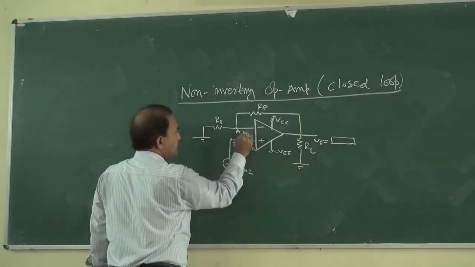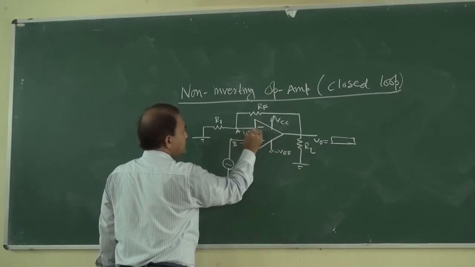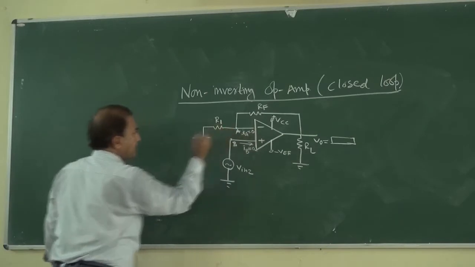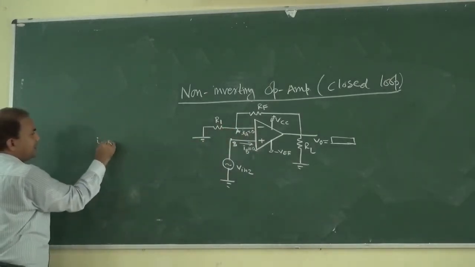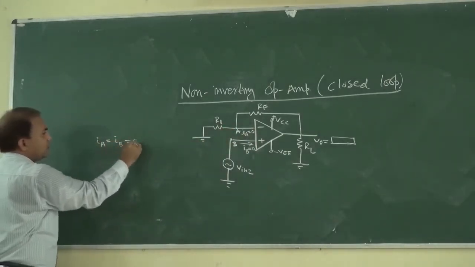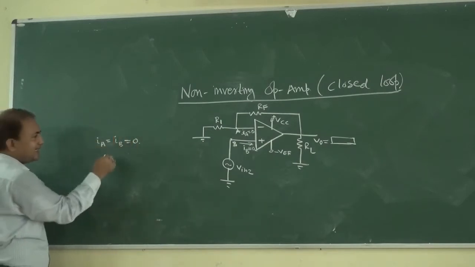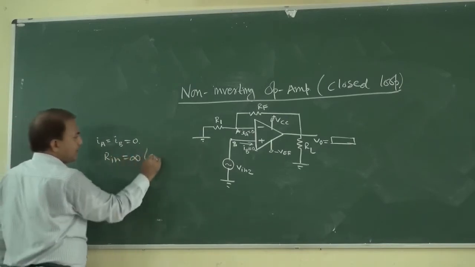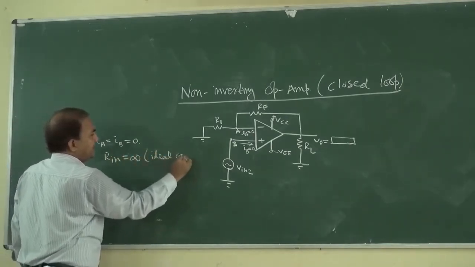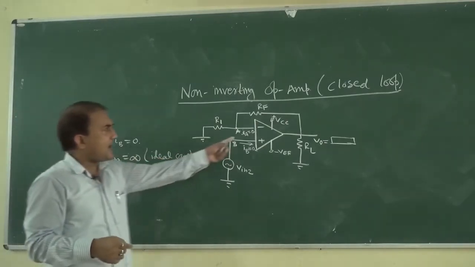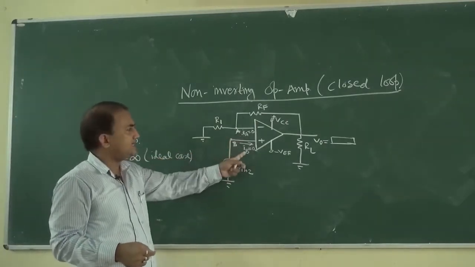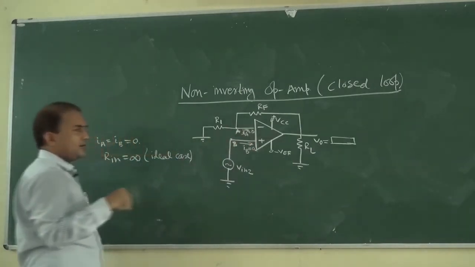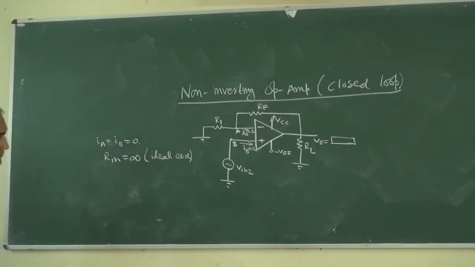IB is equal to 0, IA is equal to 0. Just like the previous one, the current IA is equal to IB is equal to 0, because in the ideal case Rin is equal to infinite. So IA is equal to IB is equal to 0. IA and IB both are equal to 0. And